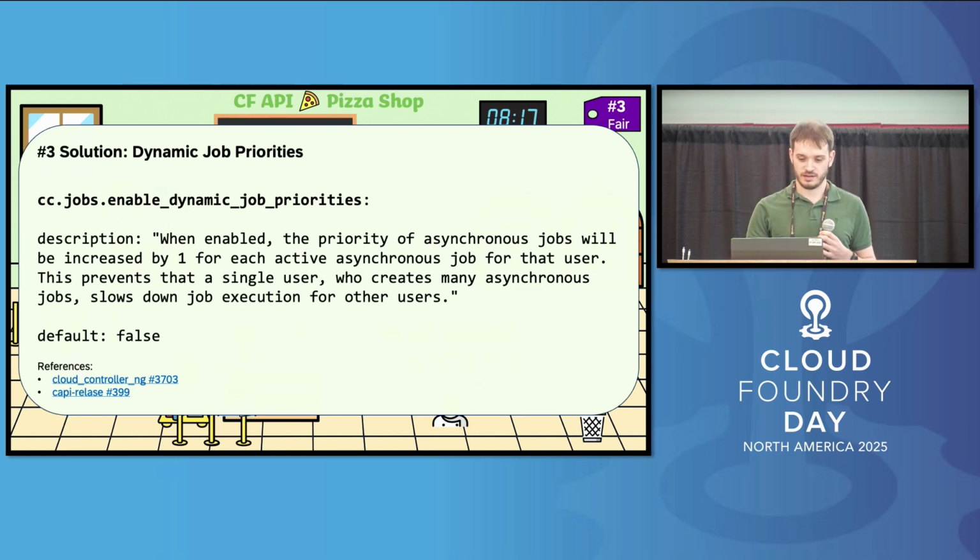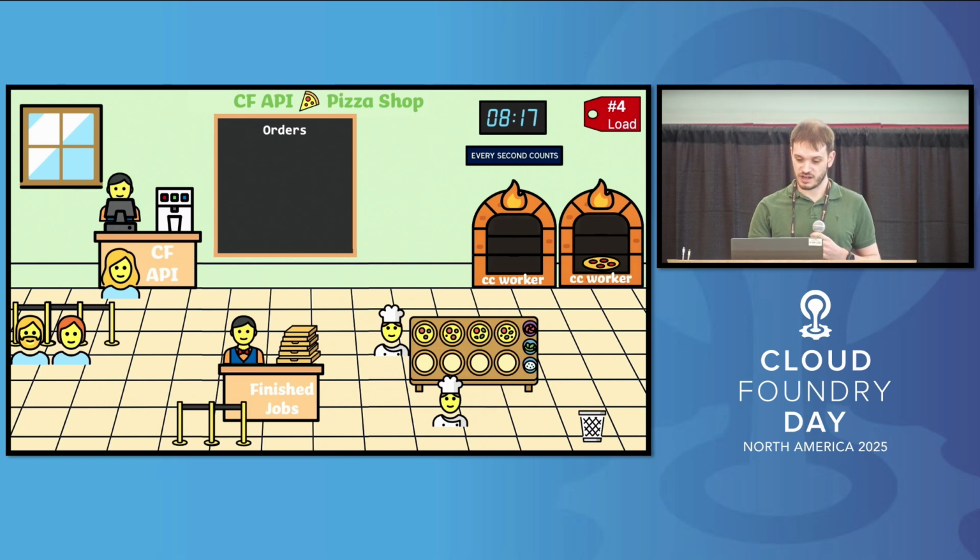Okay, let's continue with the fourth challenge. We already solved a lot so far, but even the best kitchen can break down if the ordering system itself cannot keep up. This is now a report of an actual CF API downtime we had in one of our productive foundations. In this case, a customer, let's call her Sid, placed an order, and that order triggered a few